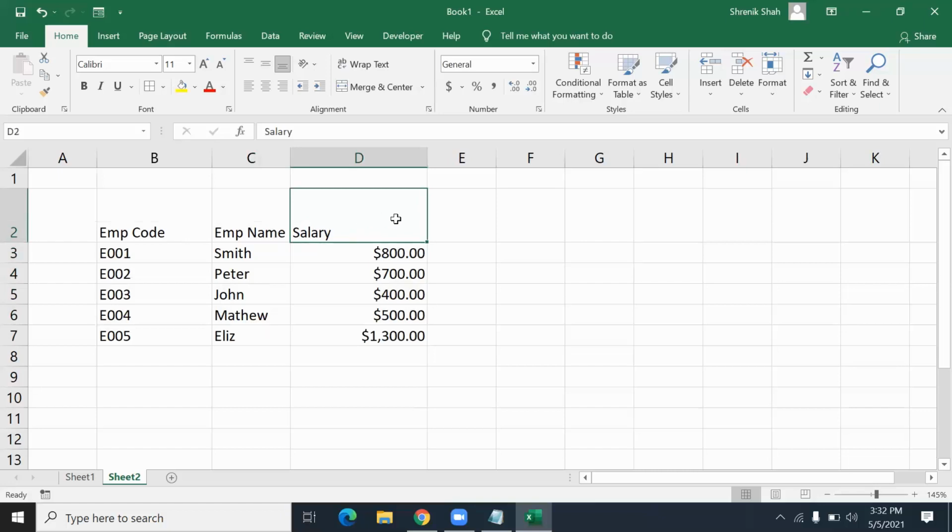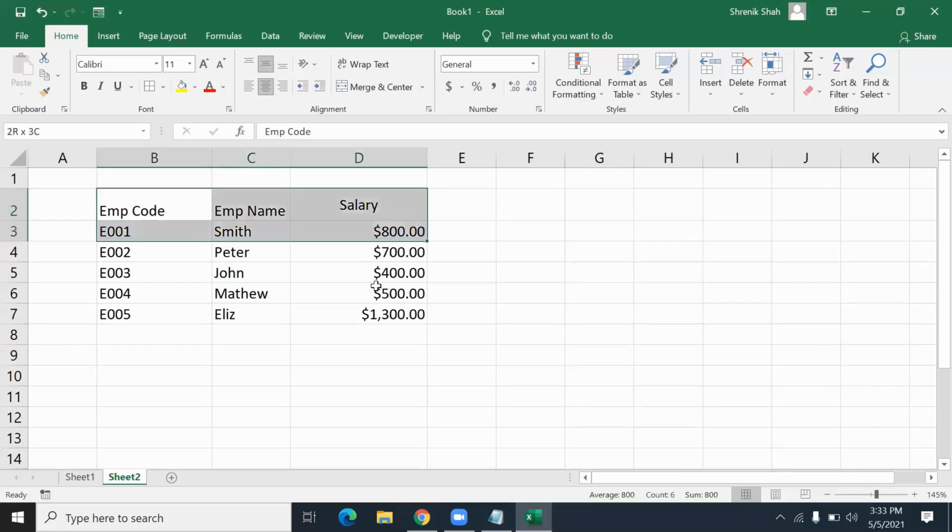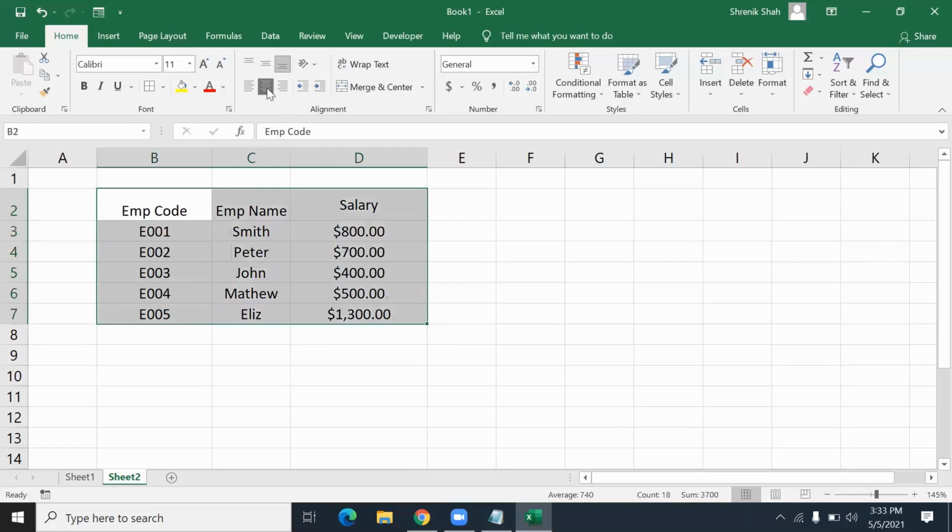Horizontally, I want to see salary in the middle, so I click this. Now horizontally it's in the middle. Vertically, it can be at the top, in the middle, or at the bottom. It's at the bottom, so I click middle. Now it's in the middle. That way you can choose any alignment. I choose middle, so all are in the middle.